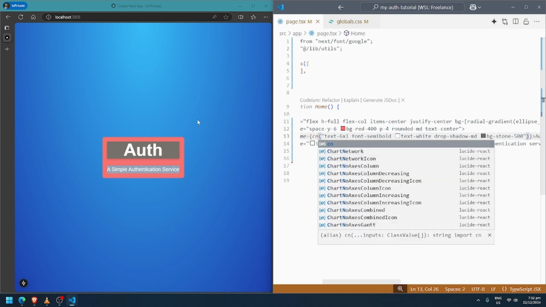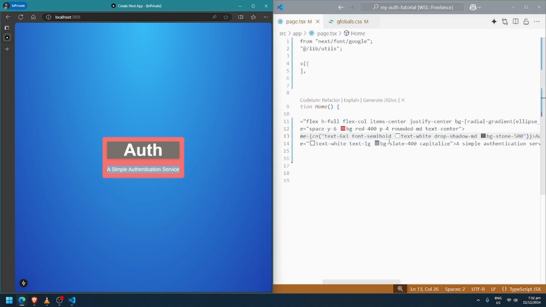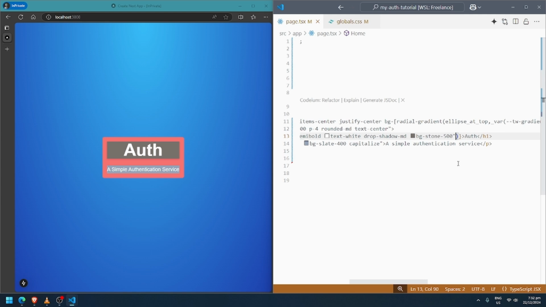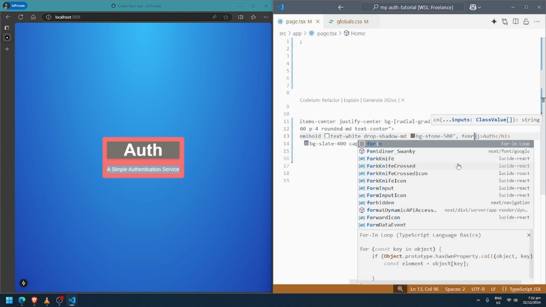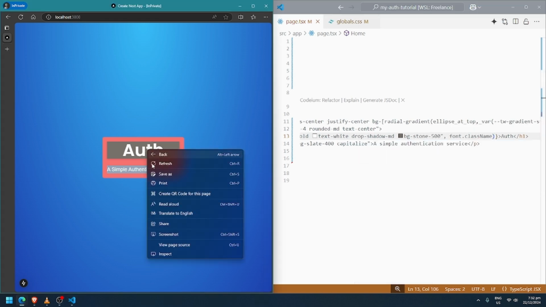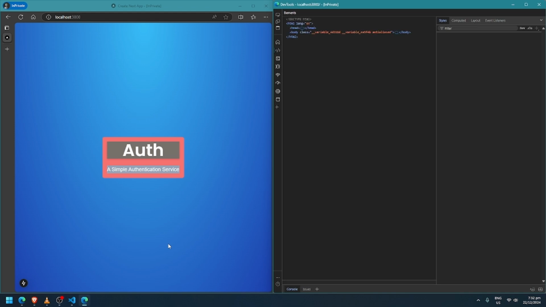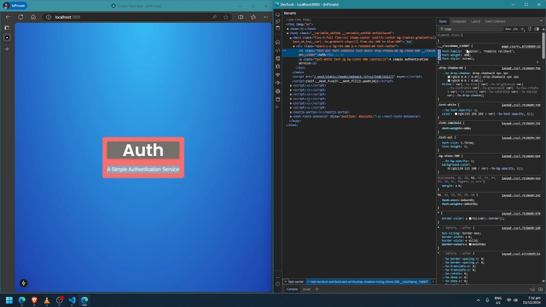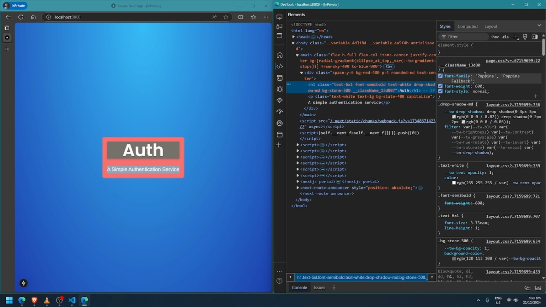Sometimes when I have changes in the editor, it will not reflect right away on the browser. So refresh. And in the second parameter of cn, we can use the font class name, so that the font of this will be Poppins, and you can see here the class is Poppins. No, I mean the font family. We can see now it's Poppins.